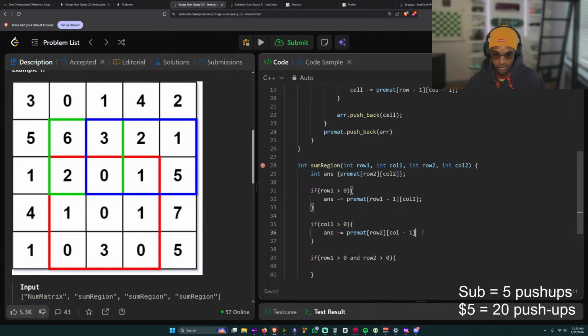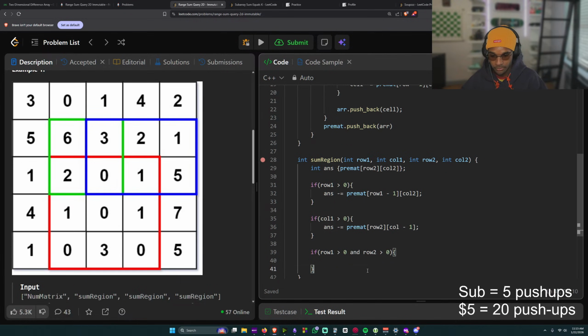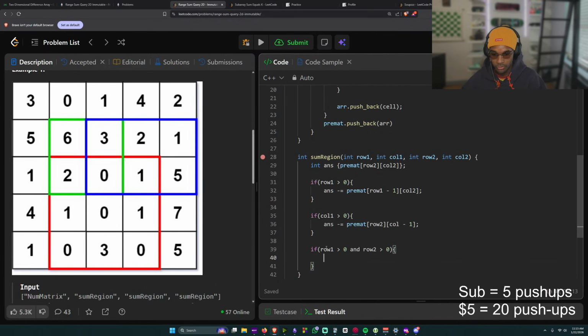Got all my semicolons. So if row 1 greater than 0 and row 2, what is wrong with me? Col 1 greater than 0, and we don't use 'and', we use ampersand ampersand.